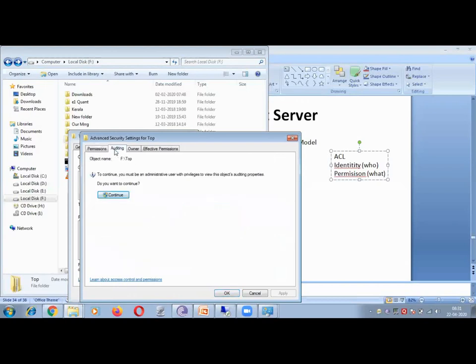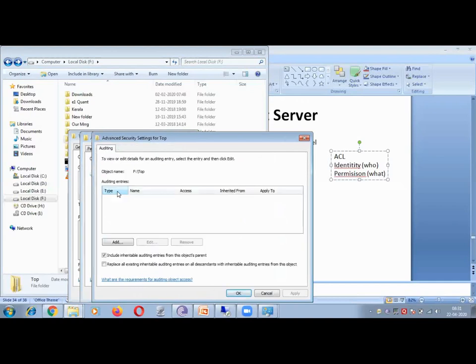Click configure. Auditing means who is going to access this and how they are going to access this, everything is getting logged in the event viewer.